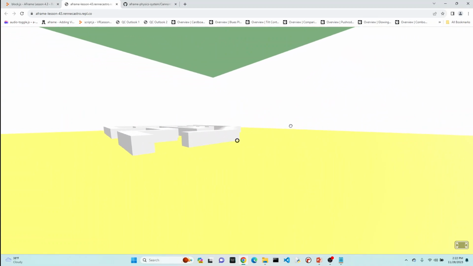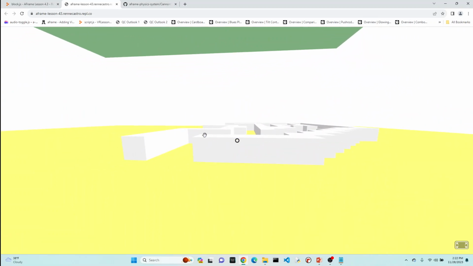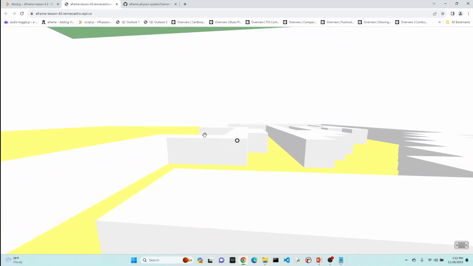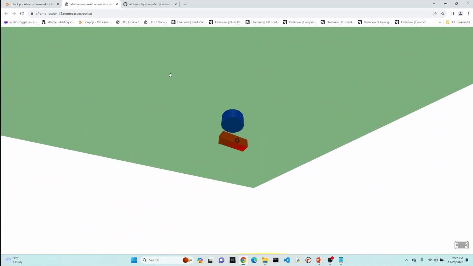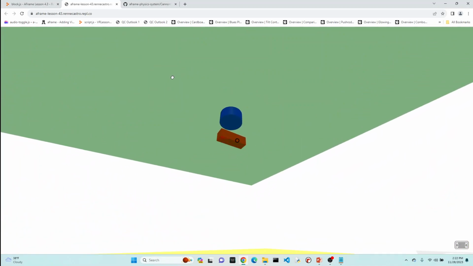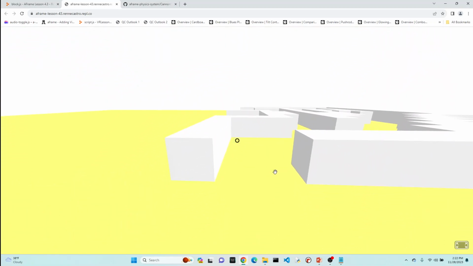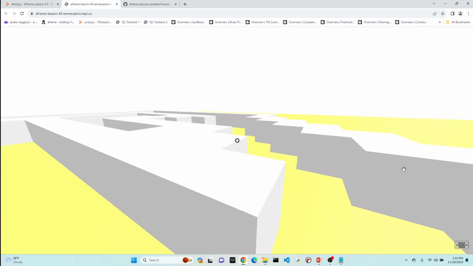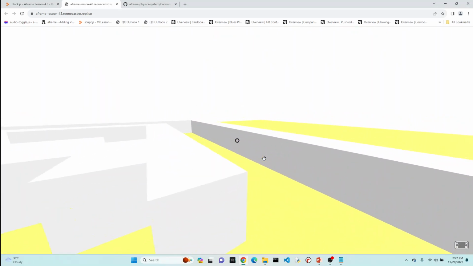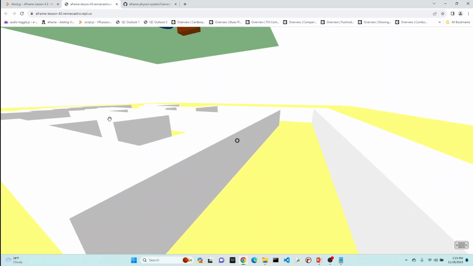So here's our maze, created from blocks that have a static body attribute. So notice I can't go through the walls, just like the red box that was up in the green plane. All right, so we have to look for an opening. So here's an opening. Notice I'm able to go through the opening and navigate through here to wherever we want. Again, I can't go through the walls,